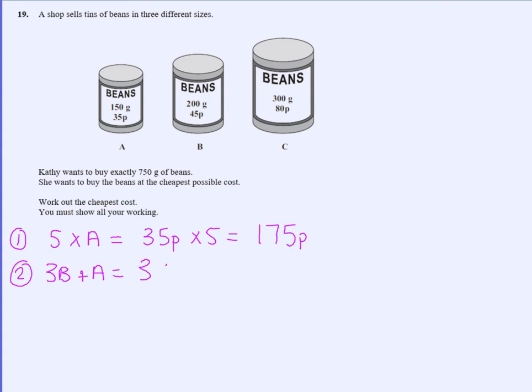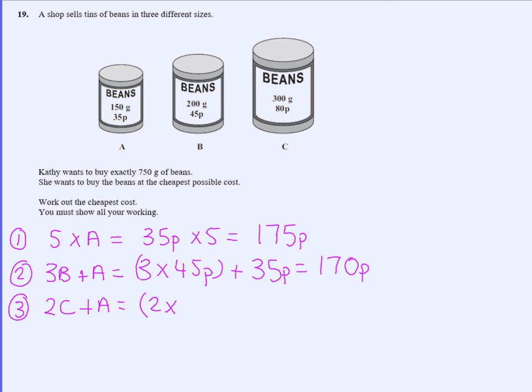So option 2 would be to get 3 lots of B and 1 lot of A, which would cost us 3 multiplied by 45 pence, and then add on the 35 pence that is tin A, so that would be £1.70. Option 3, 2 lots of C plus 1 lot of A, adding those together gives us 750 grams of beans, so that would be 2 multiplied by 80 pence,